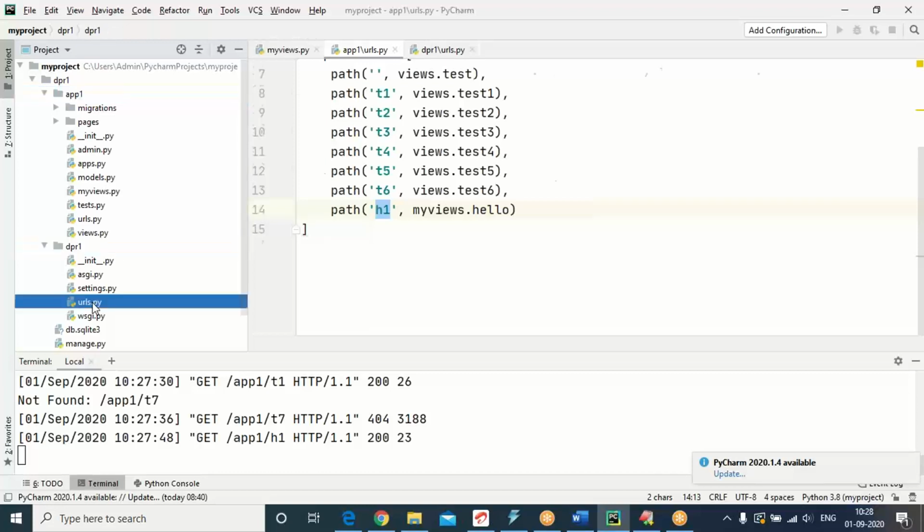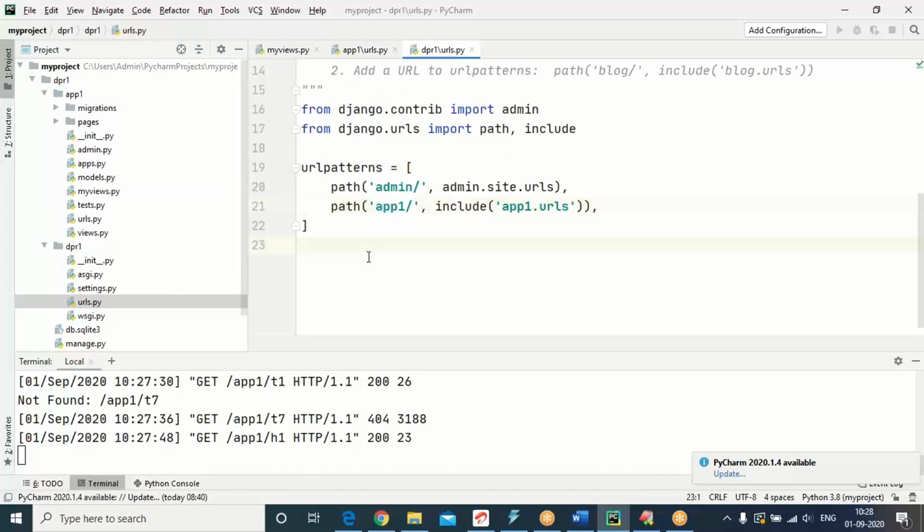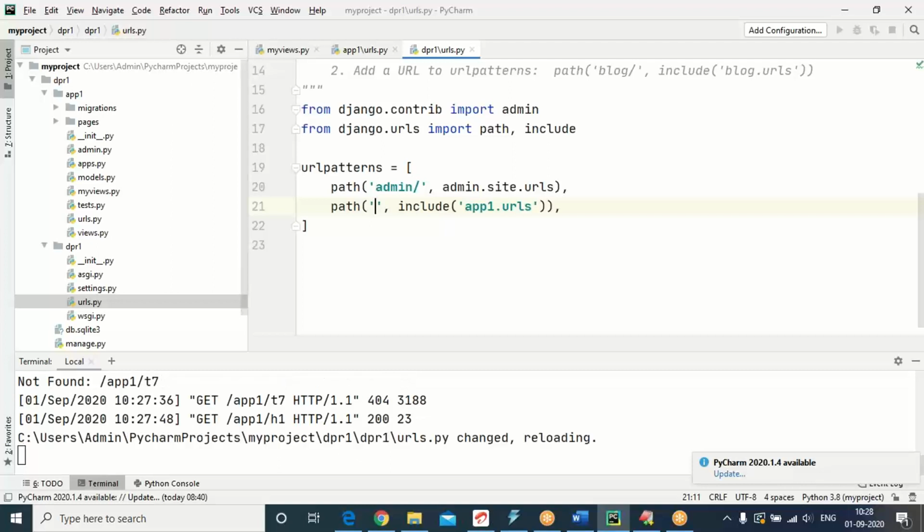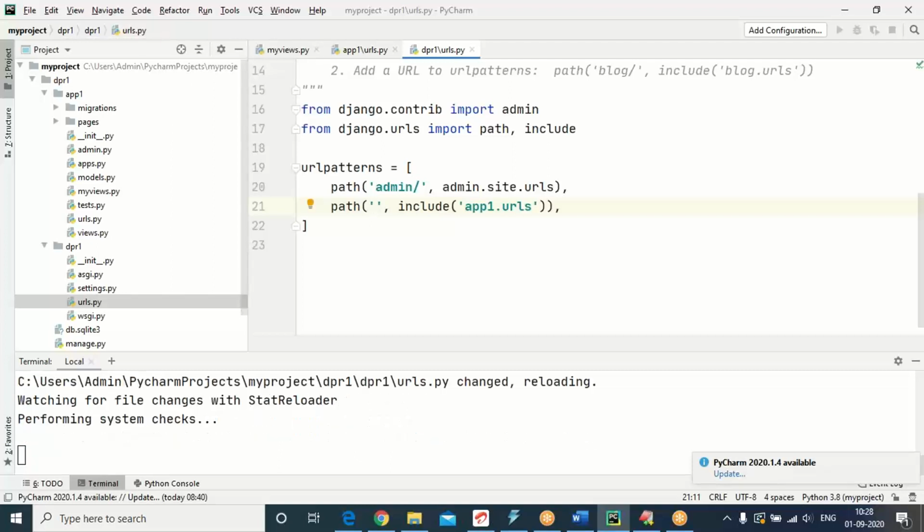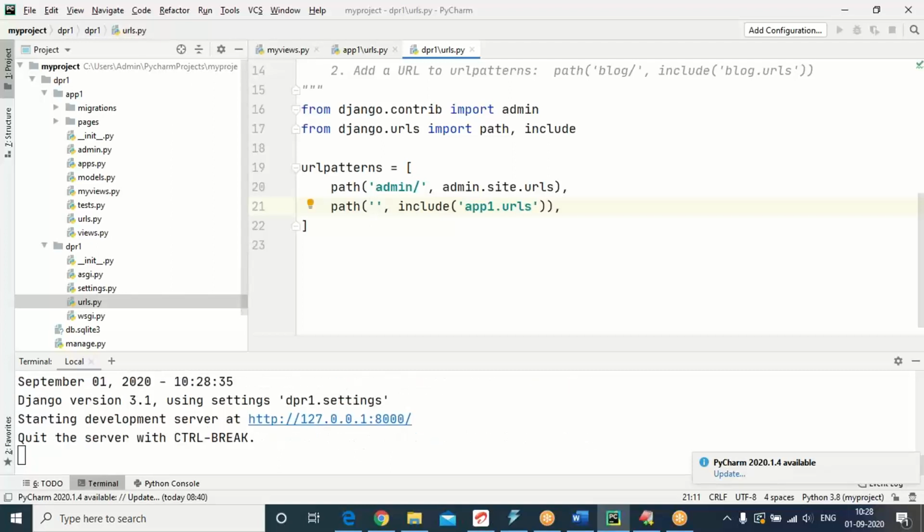In the project specific URLs, we are providing app1 URLs with an application level URL. If you remove this, then you can access app1 URLs straight away like earlier. Let us save.